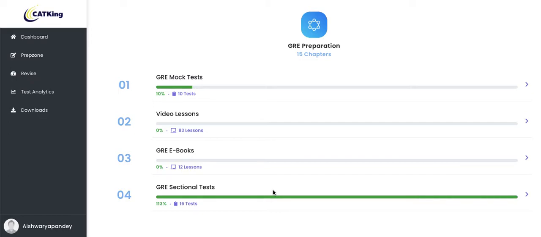Now this video is going to be really very important. What I'm going to talk to you about in this video is how you are going to access the dashboard. All the people who have joined the course and are confused about where to start and what material to use, and the people who haven't joined but want to have a view of how the dashboard will actually look like.